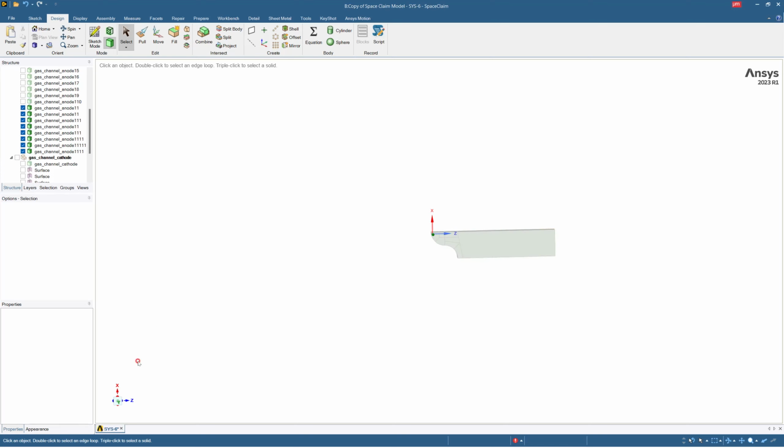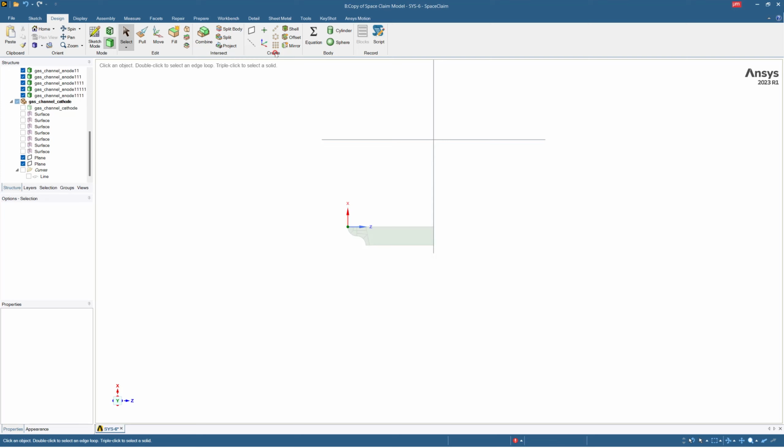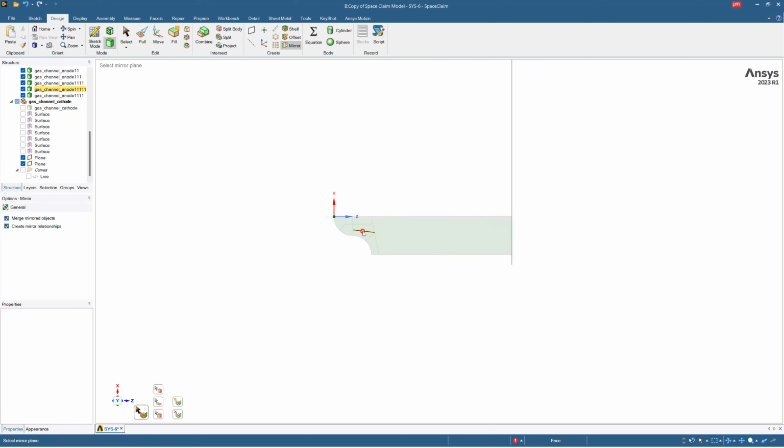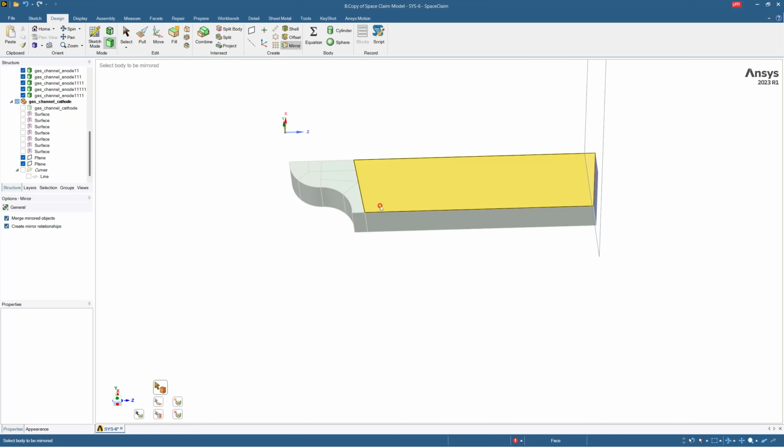Okay, now we want to see the planes also, and we will mirror all these bodies in this plane. So let's go to mirror. First select the mirror plane and then start selecting the bodies. In this mirror plane,